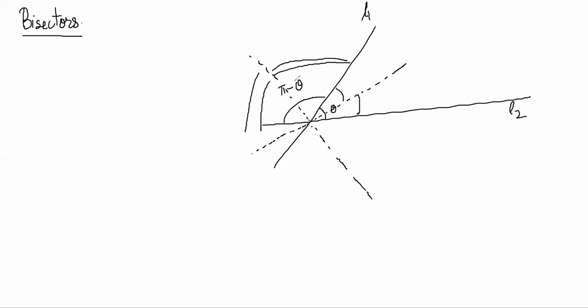Are you sure that the two bisectors will make 90 degrees between them? This is theta by 2, this is 90 minus theta by 2, right? So the two bisectors will be perpendicular to each other, right? Now we know from our basic theory, we had done this in properties of triangle, that bisectors are equidistant from the sides, no? This bisector, this perpendicular distance will be the same as this perpendicular distance.